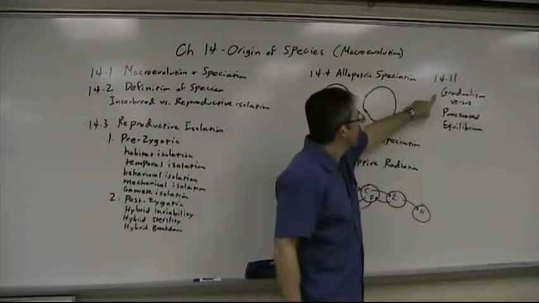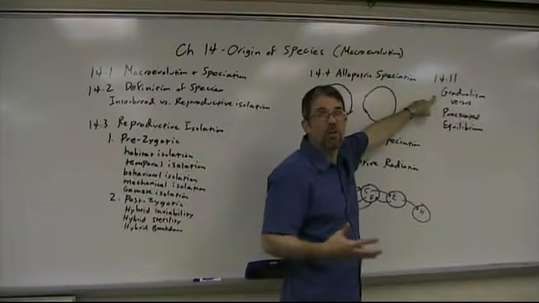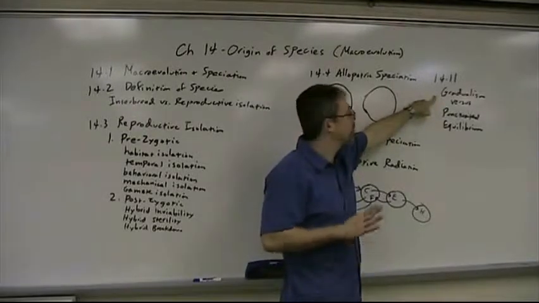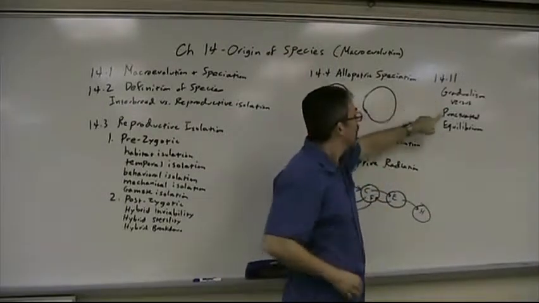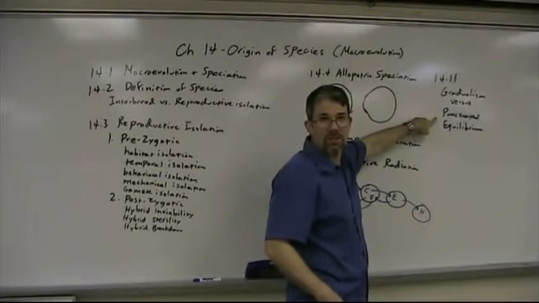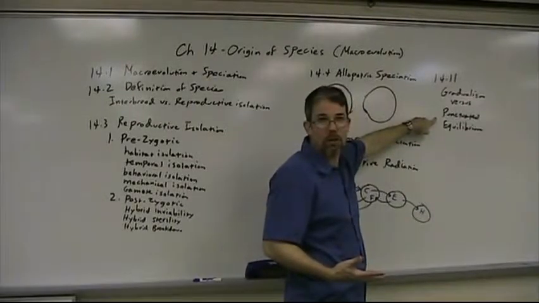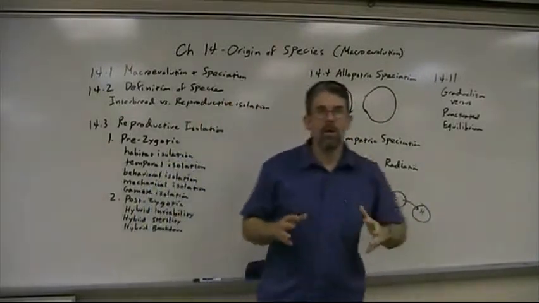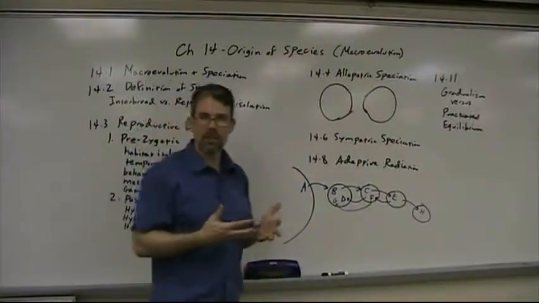Now, Darwin believed in gradualism. He believed that evolutionary rates overall were slow, steady, gradual, and constant. The problem with that was the fossil record. It doesn't show slow, steady, gradual, constant, but jumpy, jumpy, jumpy, jumpy. Years later, Niles Eldredge and Stephen Jay Gould in 1970 or something like that came up with punctuated equilibrium. The idea of punctuated equilibrium is that you have relatively long periods of time with a status quo and not a whole lot of major changes, evolutionarily speaking, going on.